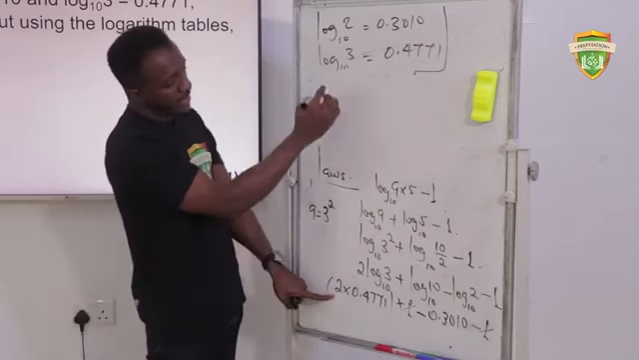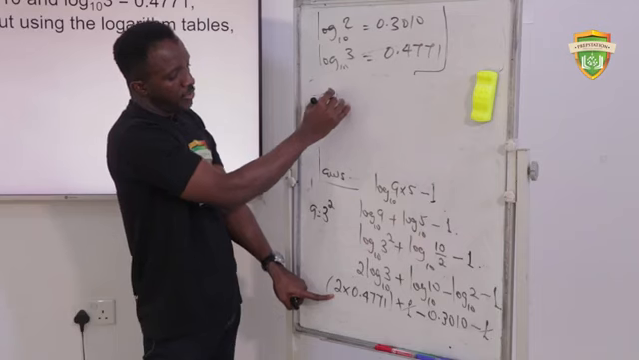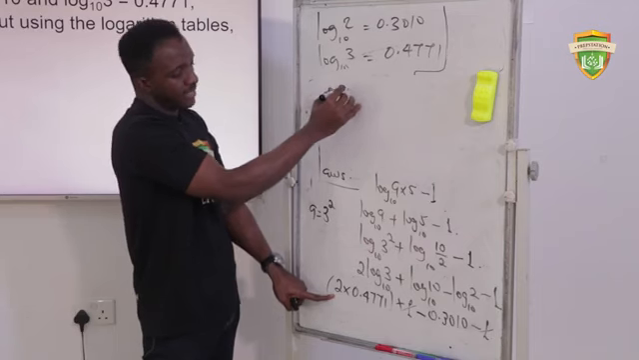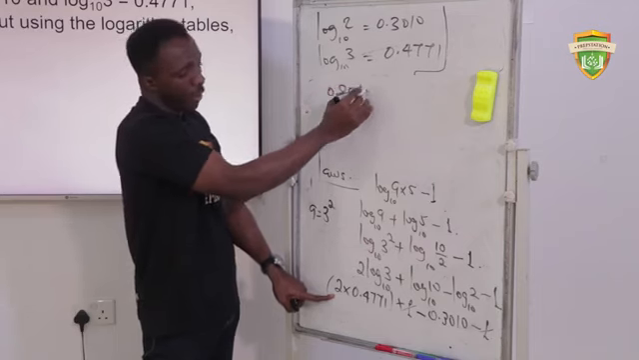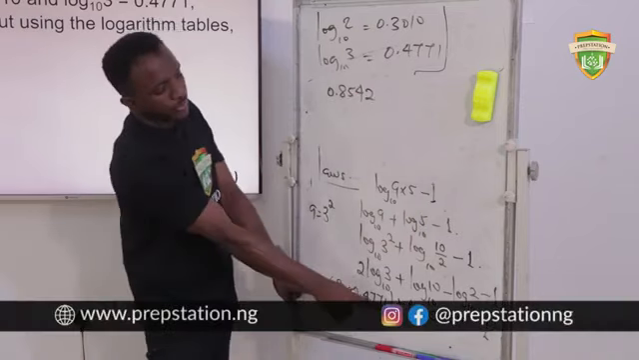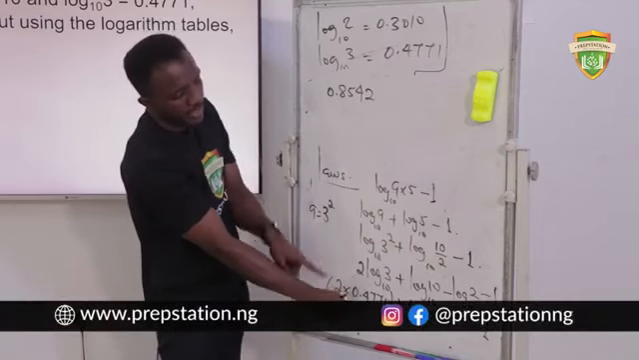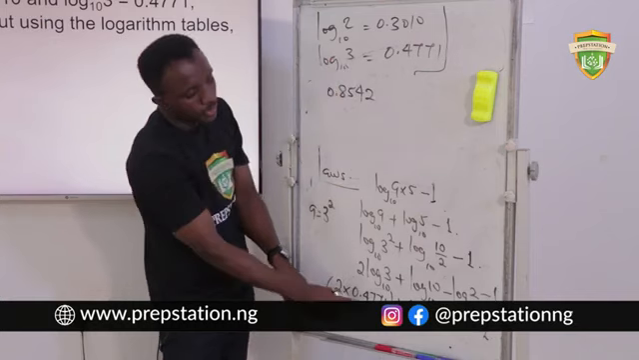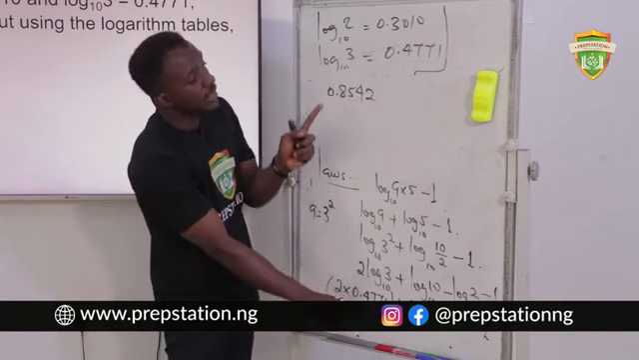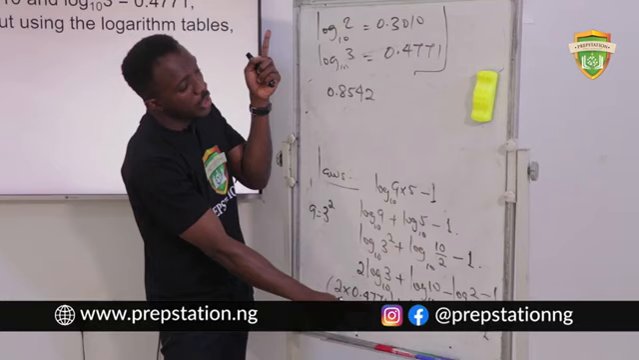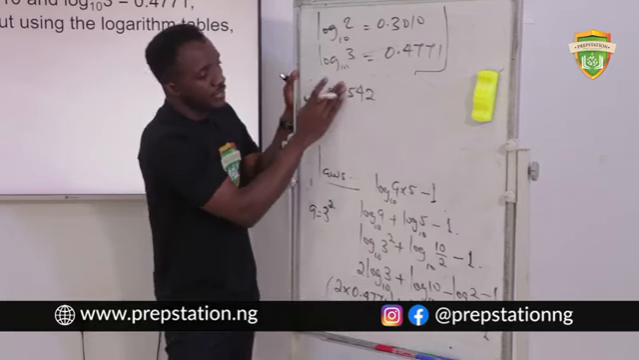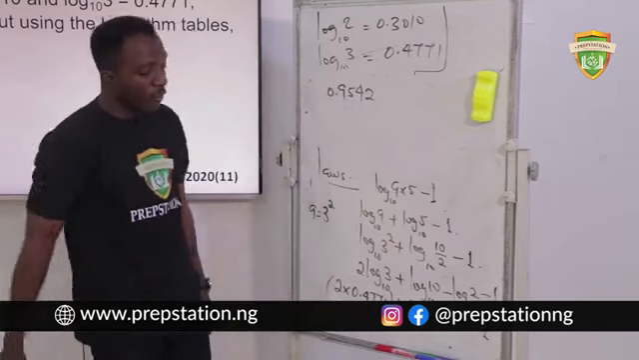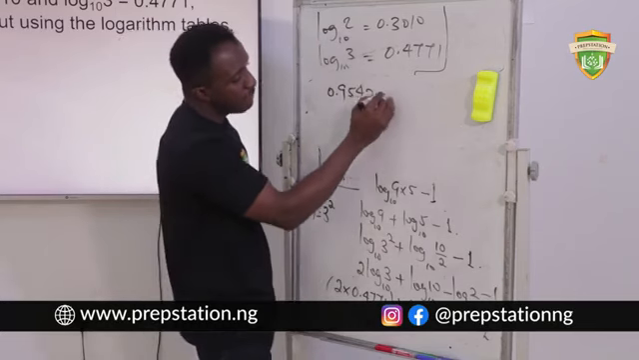If you multiply this, you're going to have 0.8542. 2 times 1 is 2, 2 times 7 is 14. You put a 4 there and take the 1 up. 2 times 7 is 14. 14 plus 1 is 15, 5. And then we have 1 up there. Okay, my apologies. This should be 9. 0.9542. And then we have minus